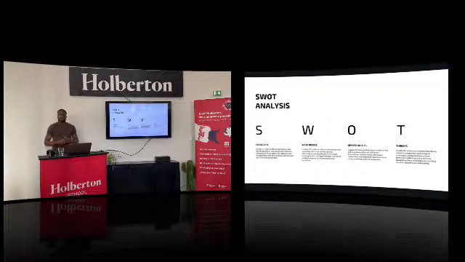So the SWOT: the strengths, the weaknesses, the opportunities and threats. The strength, like I said, is the application that I created for the company. And the weakness is I was alone on this project, so to implement something takes a bit of time because I had to test it, then I had to revise on the back end. If I have to change something on the front end, it takes a bit of time. The opportunities are endless in the rental business. And the threat is that there are a lot of competitors. But with this application, I think it will make Loyalty RC better than other rental car companies and make them elevate.